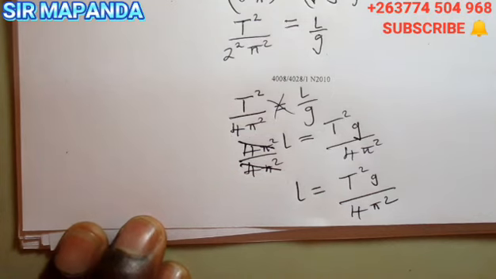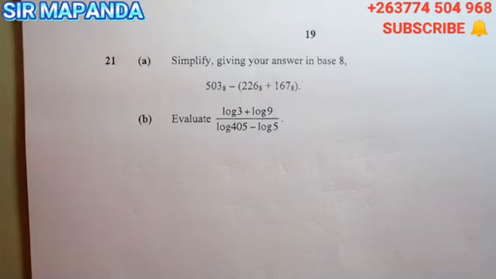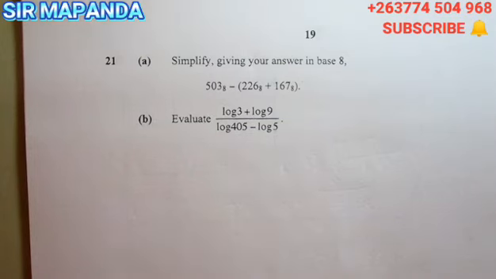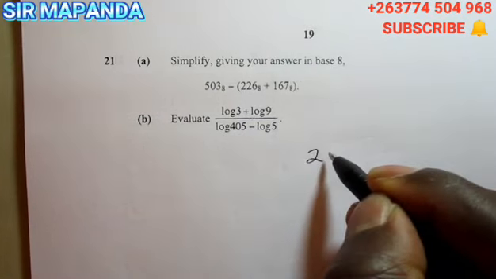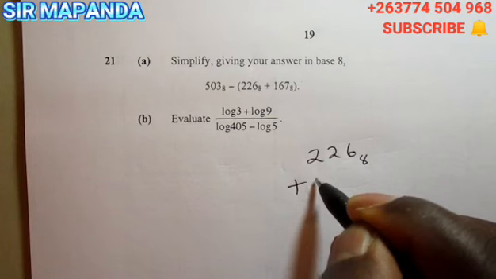I hope you are listening, class. We are now moving on to question number 21. It reads, simplify, and give me your answer in base 8. In this case, we are going to apply the BODMAS rule, whereby we start by simplifying the terms inside the bracket. Inside the bracket, we have 226 to base 8 being added to